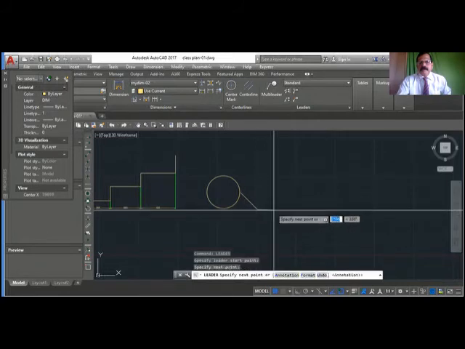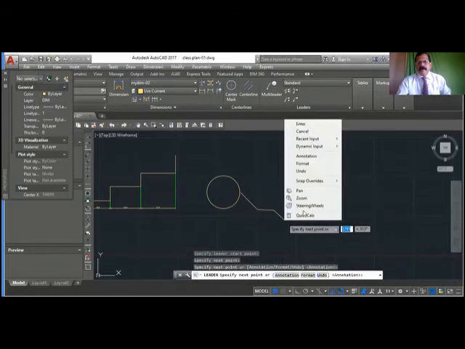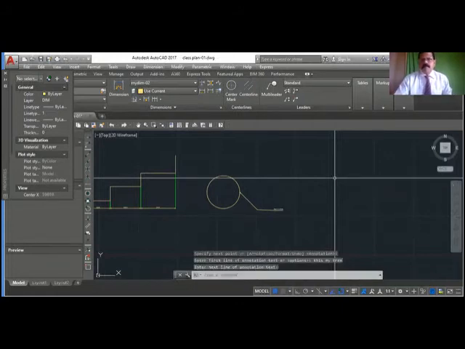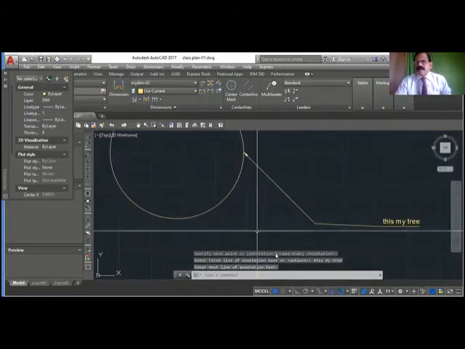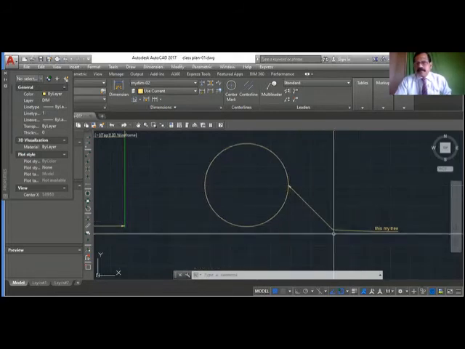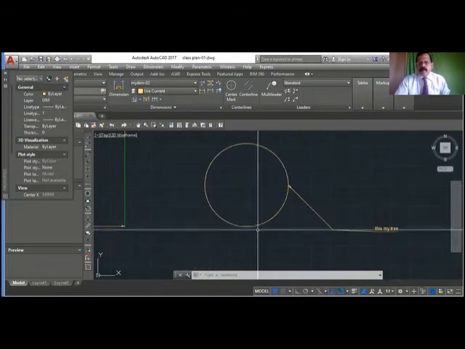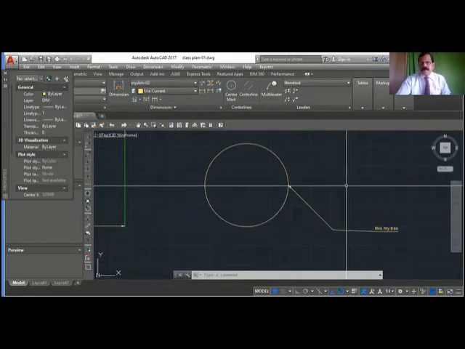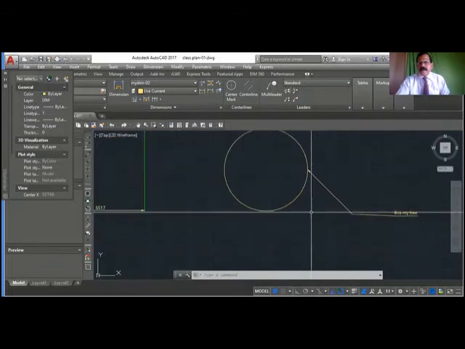Click. Enter. Now you write, this is my. You can see that. So this is called leader. Writing, marking. If you want to write this is my block or this is a tree or something like that, you can use leader command.